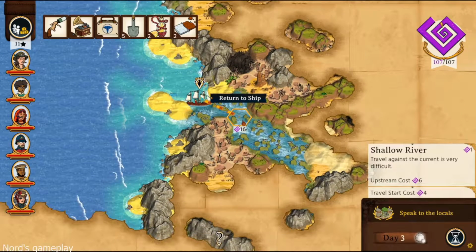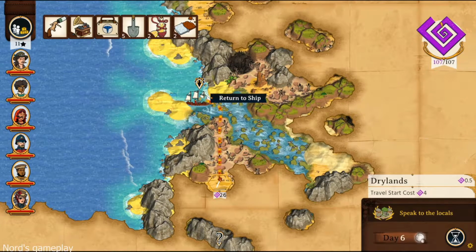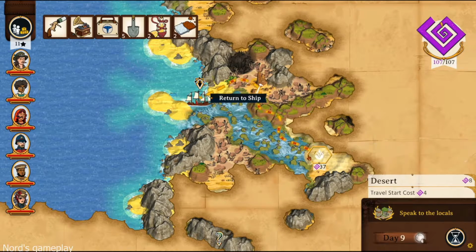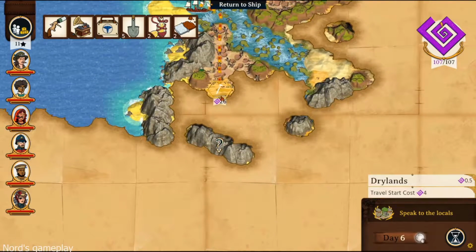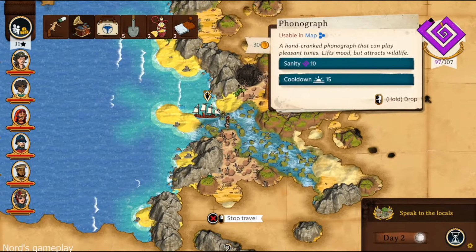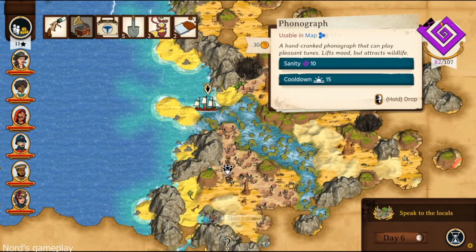All right, so this is really annoying, how they set us up right here, because going through Shallow River is a ton of sanity. Okay, yeah, let's just go right to here. We'll push on, and then we'll immediately use our phonograph after we get there to cover some sanity,